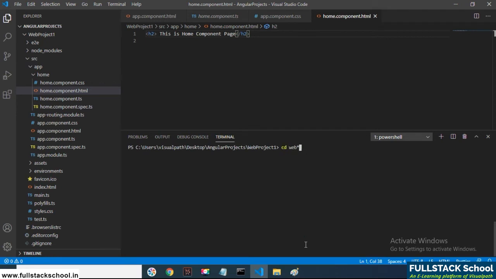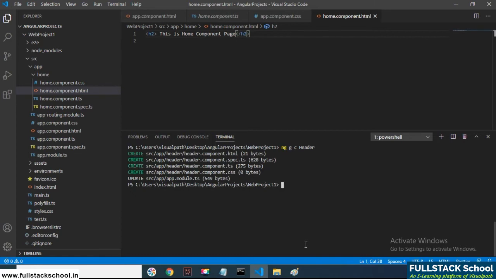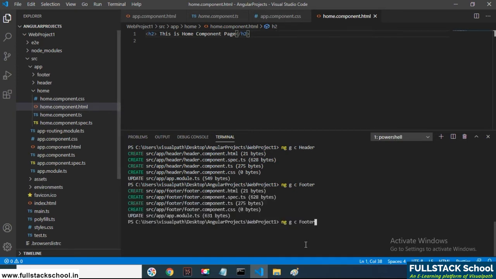We are creating one more component called header component. Header, we are creating a header component, and we are adding one more component called footer. Footer component we are creating, and along with that we are creating one more component called user.